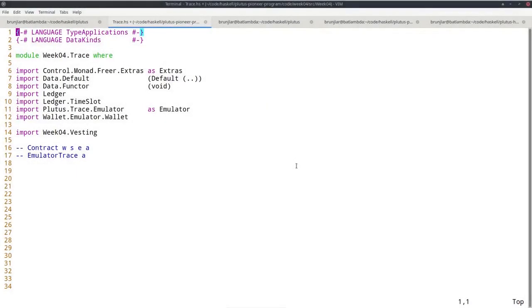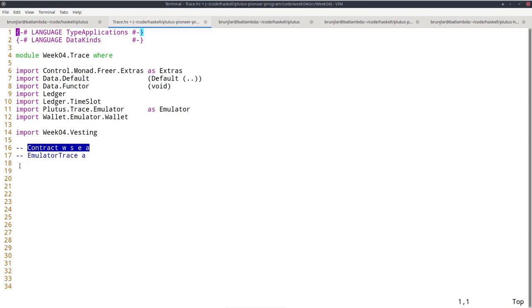Now that we hopefully all have at least a basic understanding of monads and how to write monadic code, either by using explicit bind and return or by using do notation, we can look at a very important monad for Plutus, namely the contract monad. And maybe you have already seen that in the code examples I provided. The contract monad defines code that will run in a wallet.